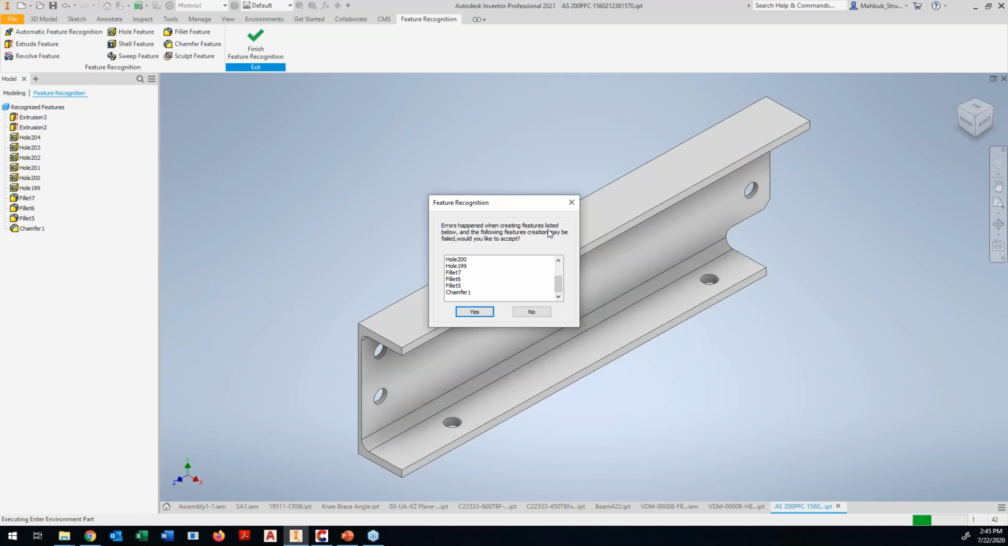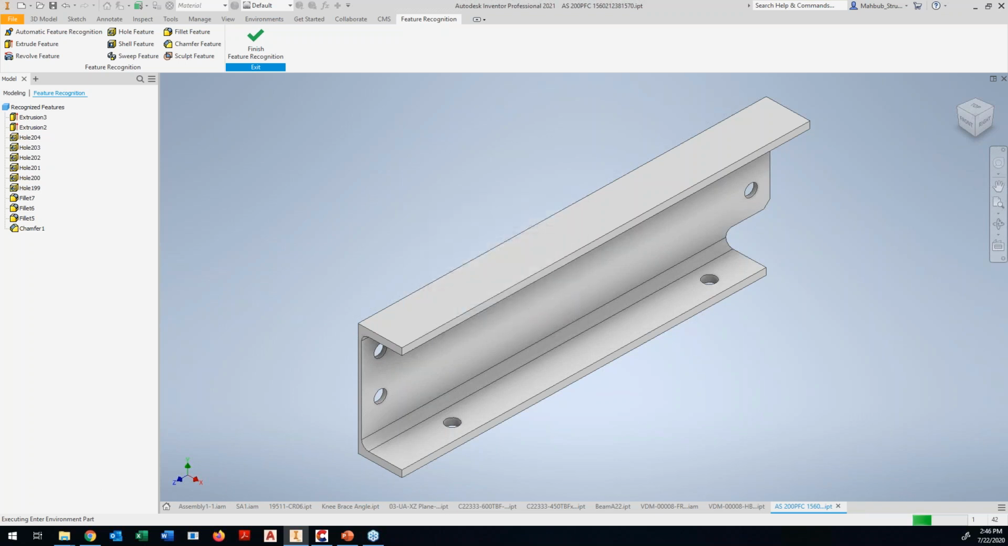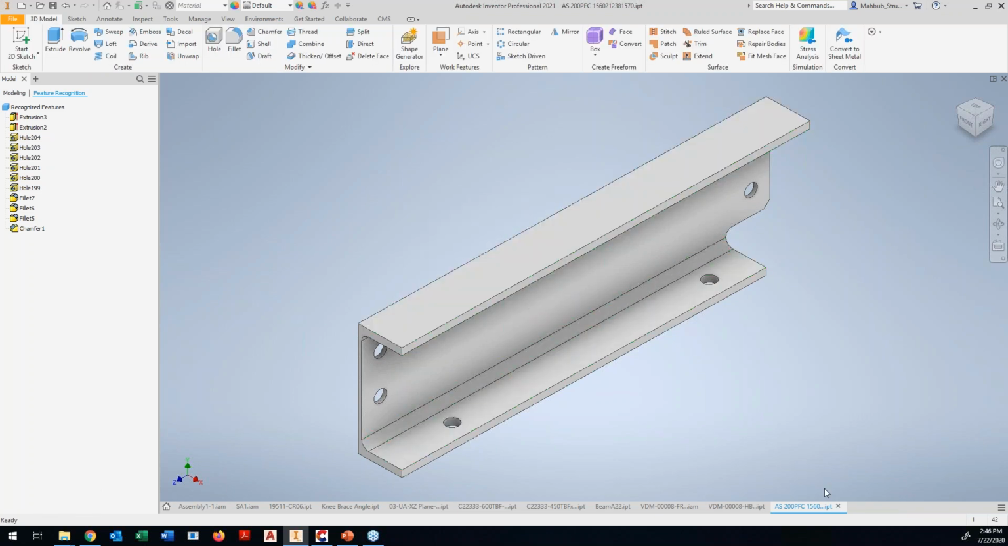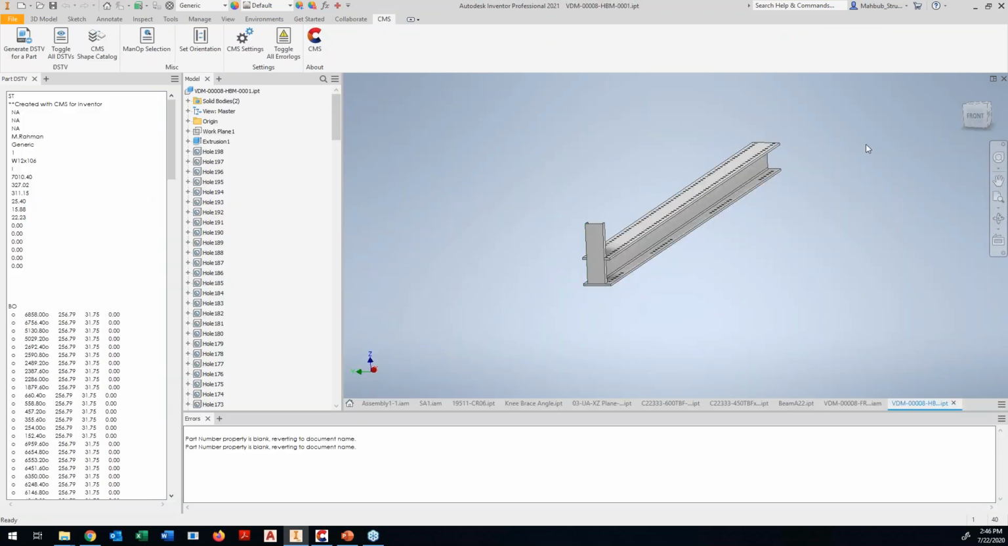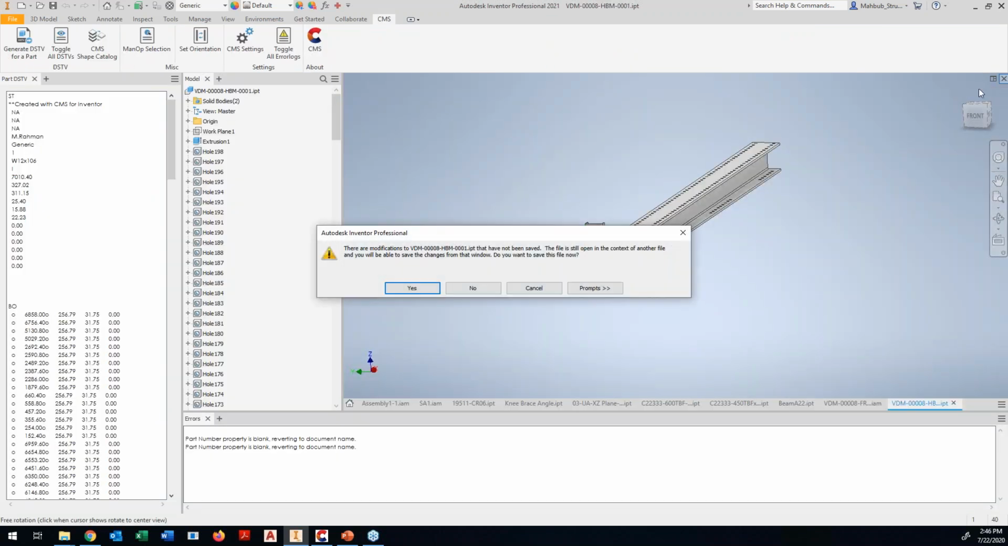errors happen when creating those features listed below. Are the following features creation may be failed? Would you like to accept? It's just failing everything. So once it fails, it fails. Right? If it fails, then you cannot do anything, right? You just have to try to rerun that. Rerun the same thing. So let me get rid of that,